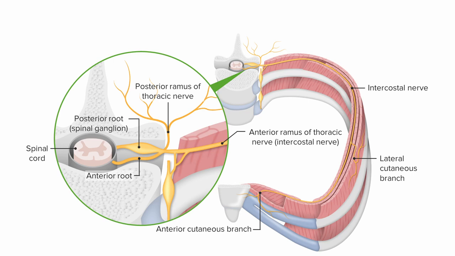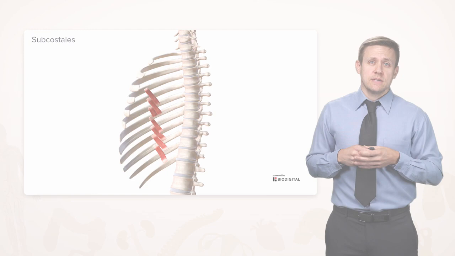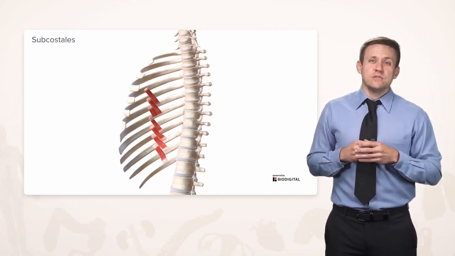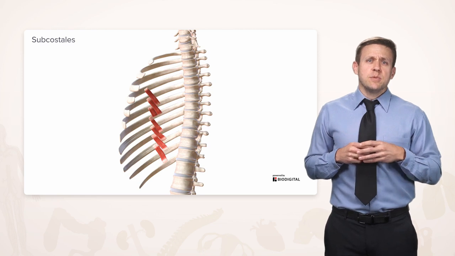And running parallel to the vertebra on either side are the sympathetic trunks with their ganglia, and they're going to communicate with these spinal nerves at each level via the gray and white rami communicantes, which is just a very long word for communicating branches. We're going to wrap up with some minor muscles in the intercostal space, starting with subcostalis